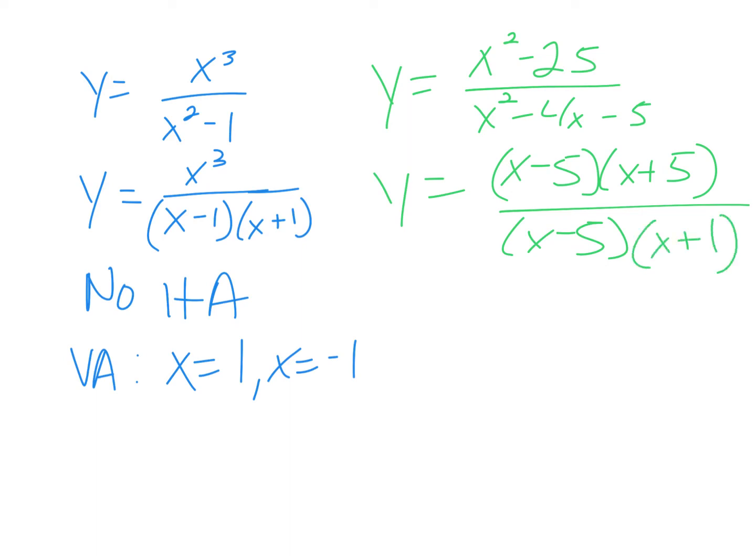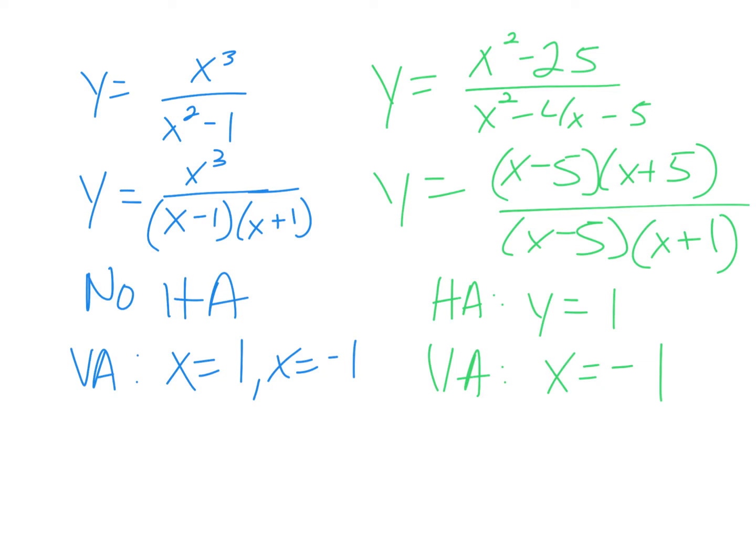Now you might be inclined to say, well, first let's do the easy part. Let's say powers are the same, both 2 and 2, so it's going to be the coefficients, which is 1 over 1, so your HA is y equal to 1. Now as far as the vertical asymptotes go, there's only one,